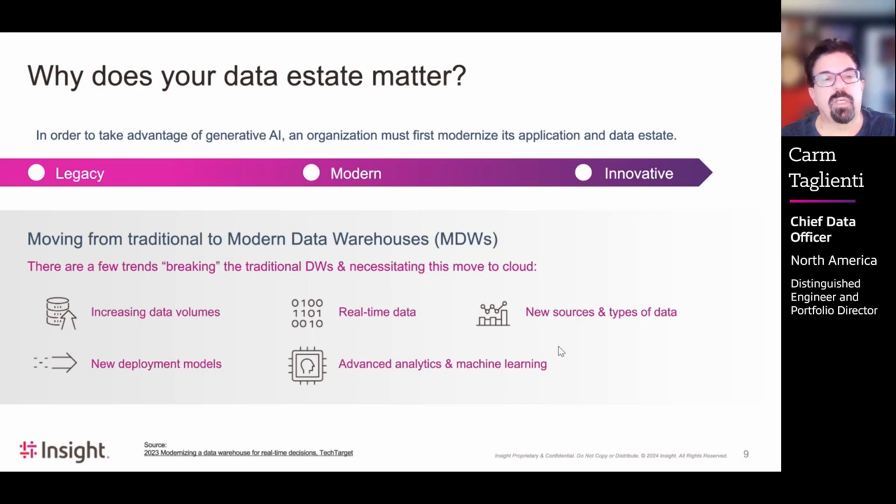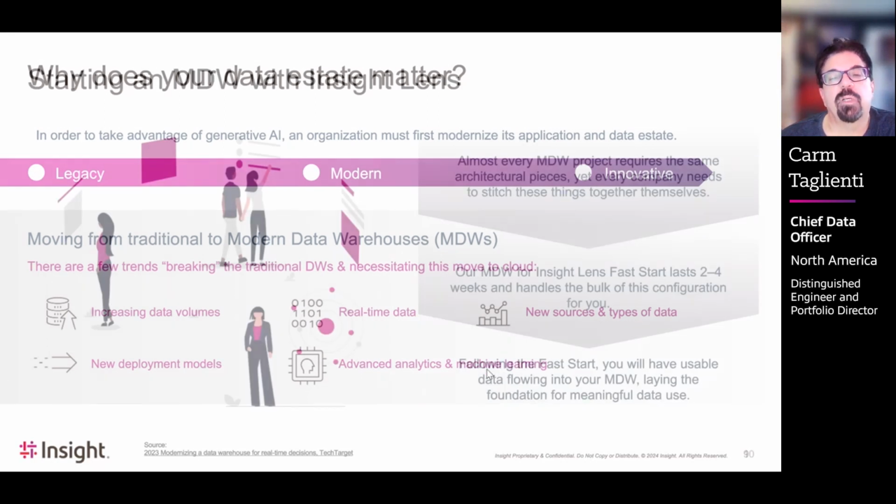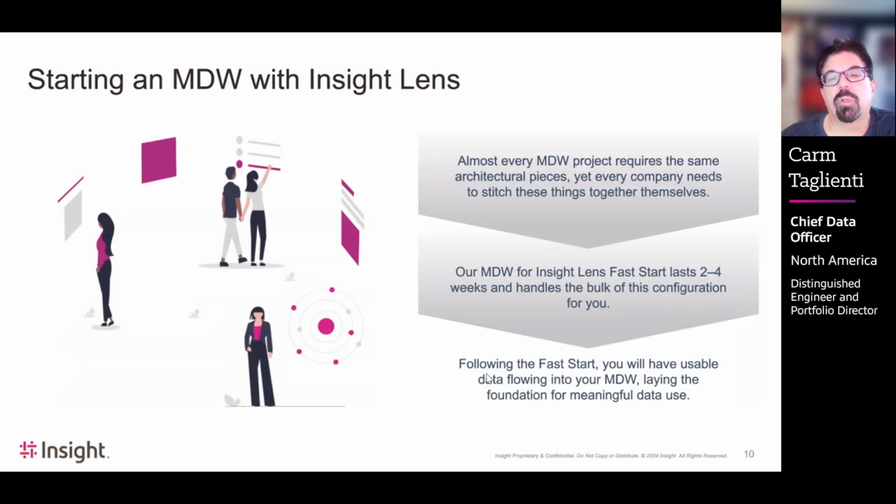And the onslaught of, I'll call it, the new generation of AI has forced us to put a lens on this. So we want to make sure that we're taking advantage of the data assets and the processes that we already have, and then extending them to include, I'll call it mechanical sympathy, or new technologies that allow us to do a better job. So we really move from this legacy concept to modern to innovative, and we want to make sure that we are able to support the demands of the business. And that's really what it's all about.